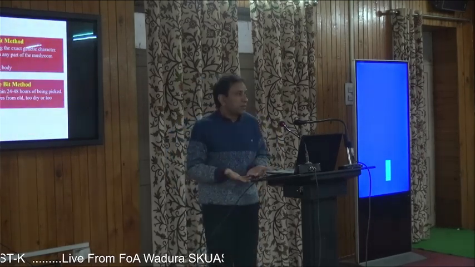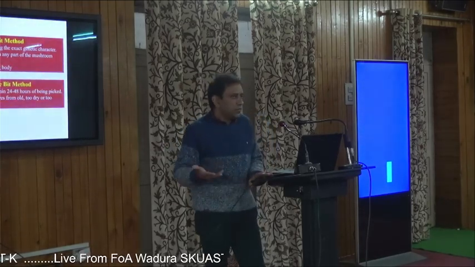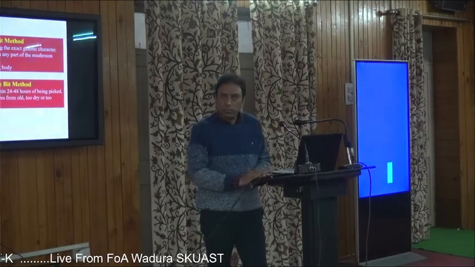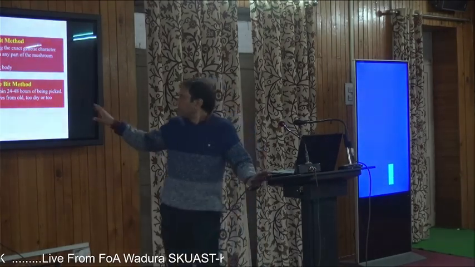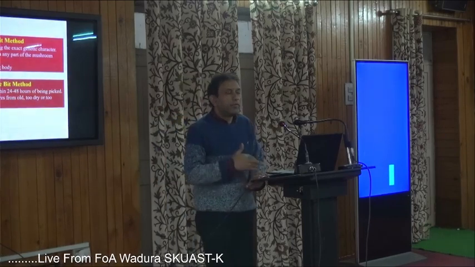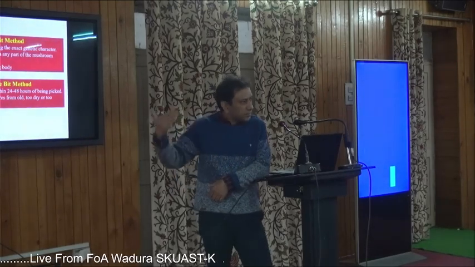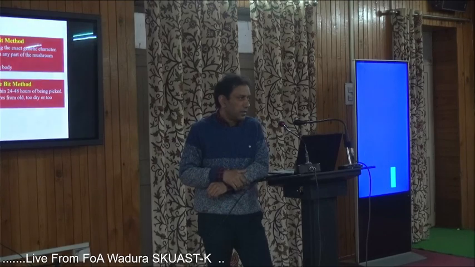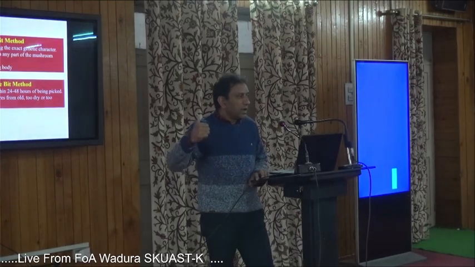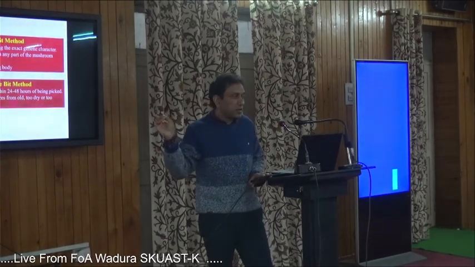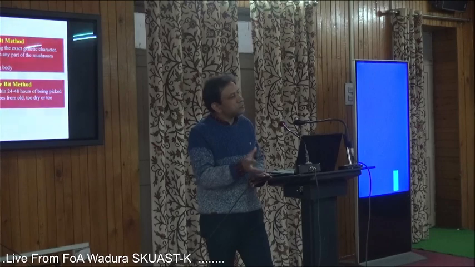Then there are advantages of this method, and there are disadvantages too. So what are the advantages? It is easy. We can make a culture from any part of the mushroom, but preferably it should be from the joint of the stem and cap. Then cultures can produce fruiting body. Now I will ask you a question, for those who listened to my lecture carefully: why do I say that this will give a fruiting body? There are some other methods which will give a culture, but they will not give a fruiting body. This one can. From this culture you will make mycelium, and from that culture you will make spawn, and that spawn will give you fruiting body.